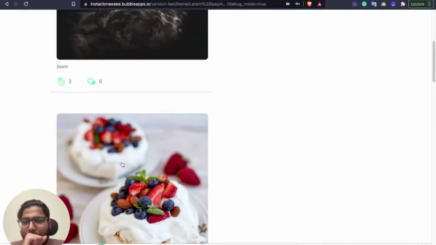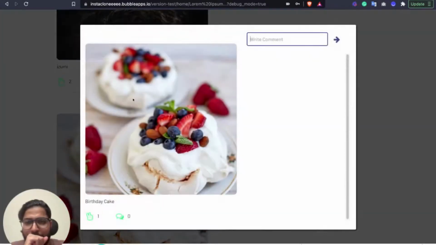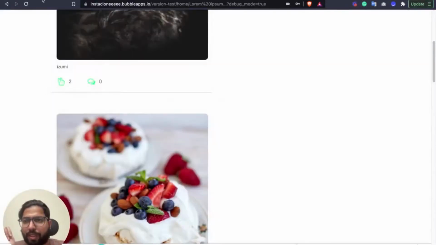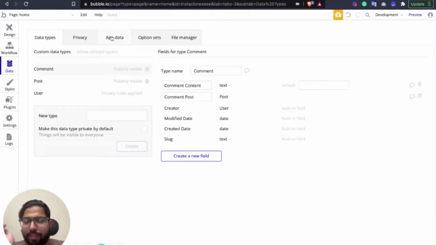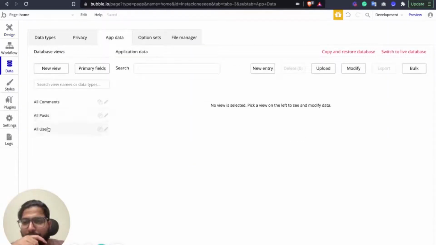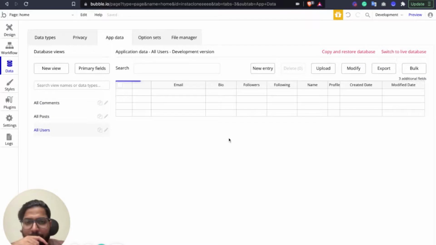And now we're going to just click on this image. It's showing me the perfect details, and let's just write our first comment. Okay. It's not showing me the image of the user. Let me check in the database if we have saved that in the all user.